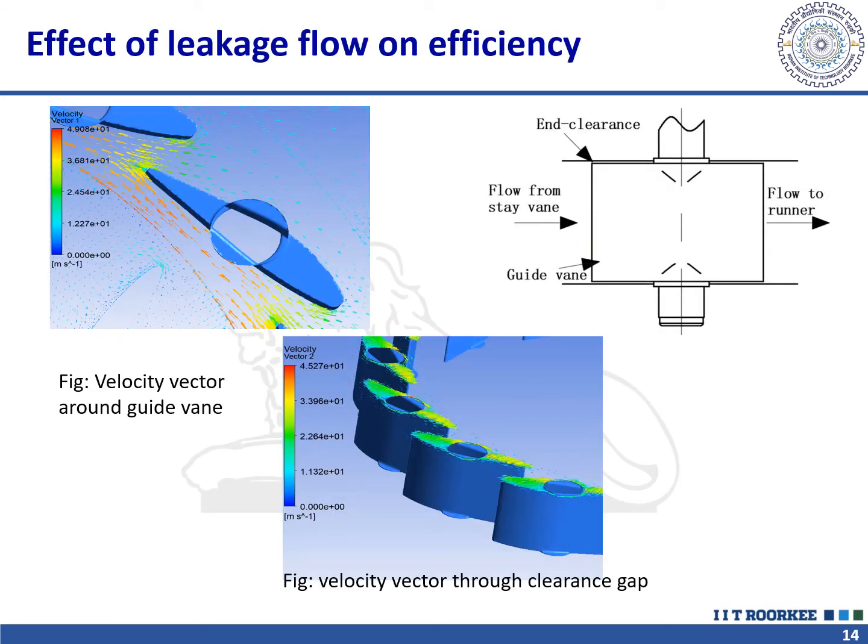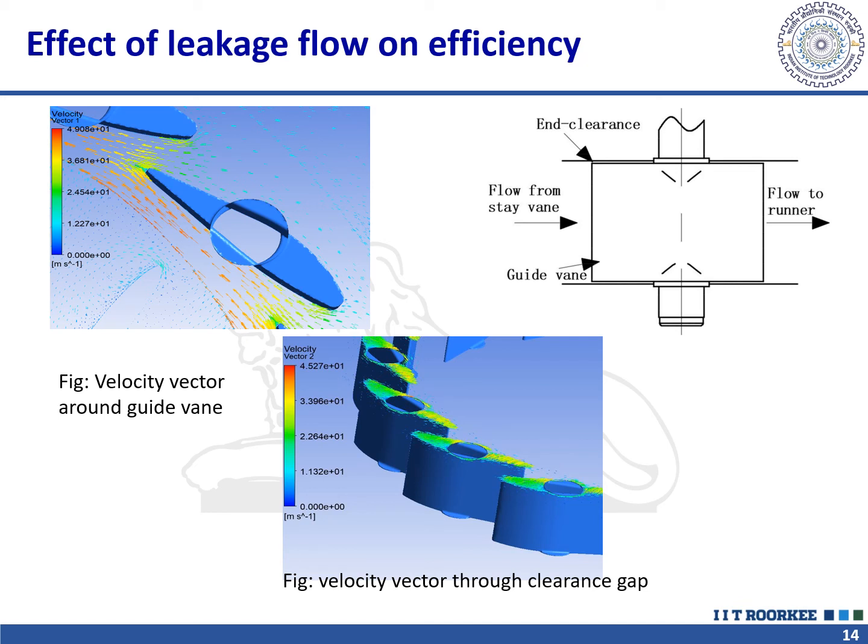A clearance gap of 1.85 mm was undertaken for simulation to study the effect of the clearance gap on efficiency. A very small gap is present at both ends of the guide vane and facing plate to adjust the guide vane at different operating angles. The presence of the clearance gap causes a leakage flow due to the existence of pressure difference between the suction side and the pressure side of the guide vane.